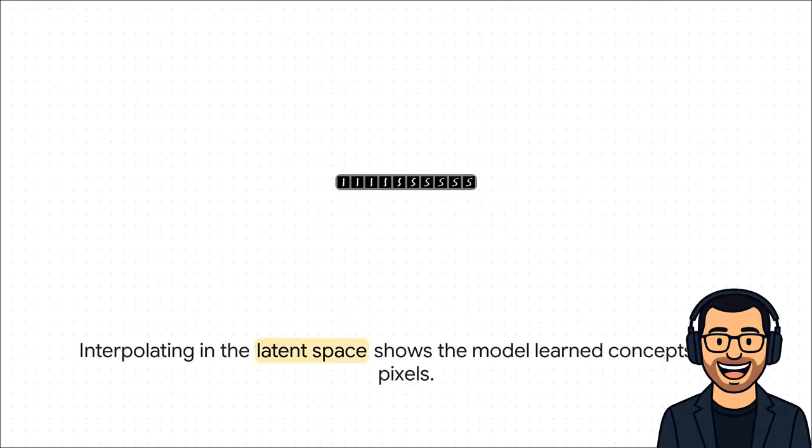And here's the other crucial piece of evidence. The network wasn't just spitting out random pixels. You can see here how it can smoothly morph one generated number into another. By doing this, the authors showed that the model had learned an actual underlying concept, a sort of idea space of what makes a 1 a 1 and a 5 a 5. It was starting to understand the structure of the data itself.